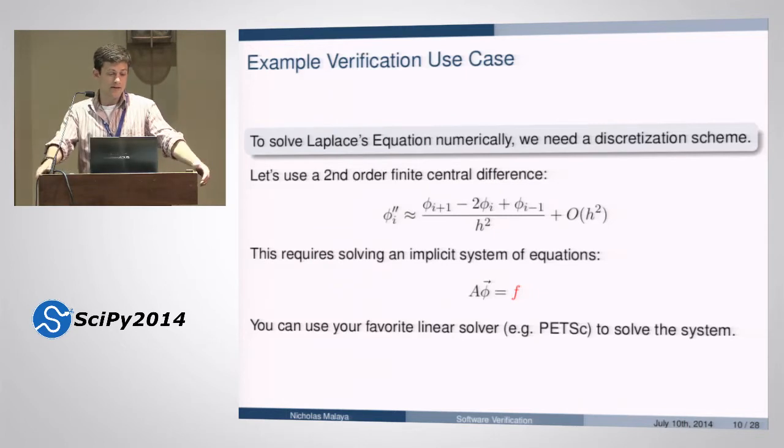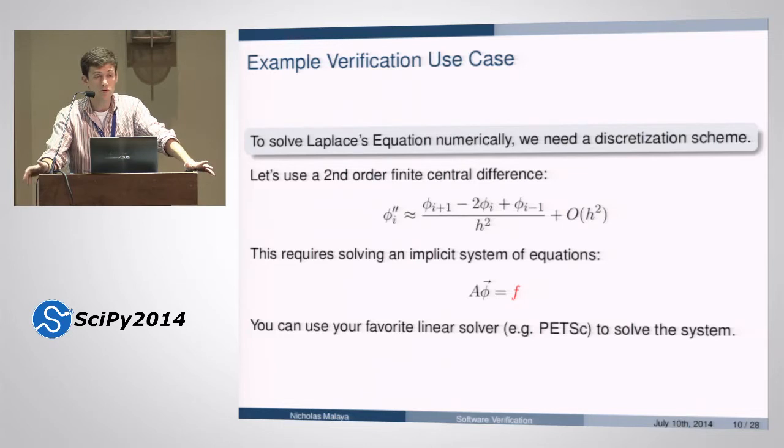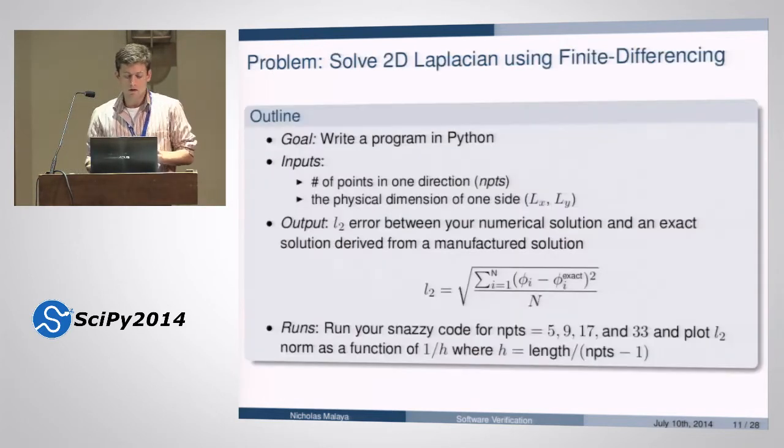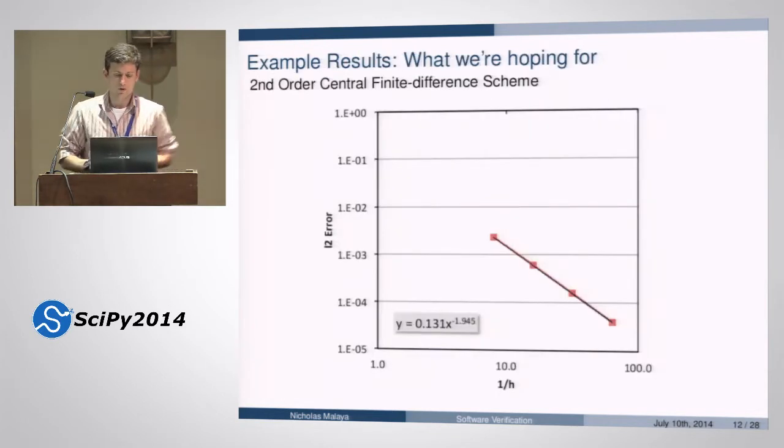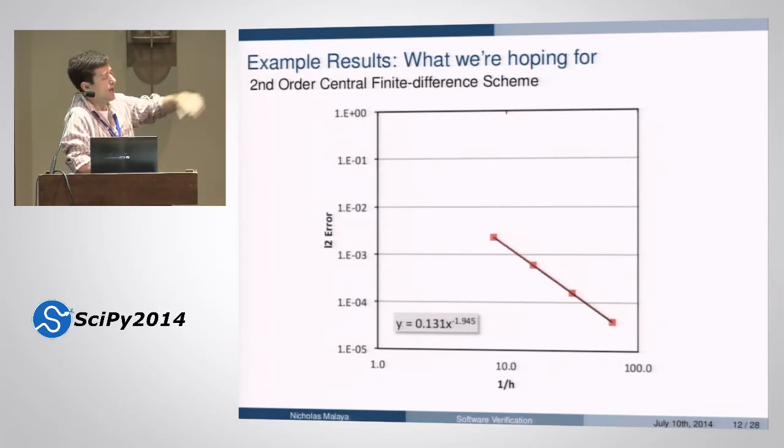So one might, in this case, for a second order central difference, like I showed, for the 2D Laplace's equation, using exactly the solution I presented previously, add this f to the right-hand side. We can put this together. We can solve it numerically. And what are you going to get? Well, you'll see that on this plot we have the L2 error, that's just the error norm,